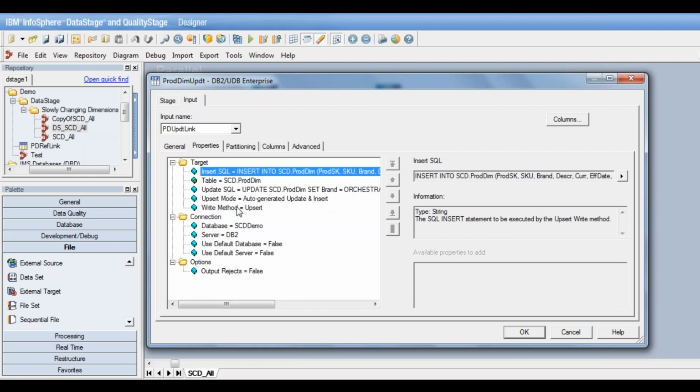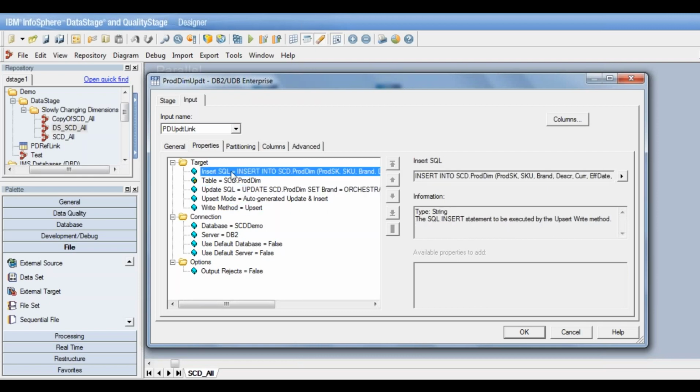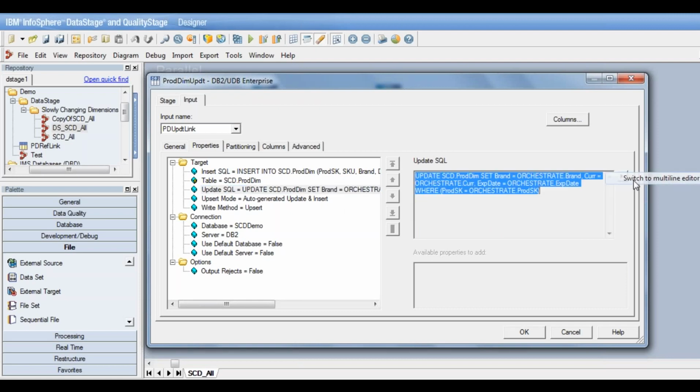The mode is upsert. So the update statement will be executed first and then the insert statement will be executed. So the update statement simply is, you can click here, switch to multi-line editor. Update the table, set whatever columns need to be set, because we do not need to update all the columns.